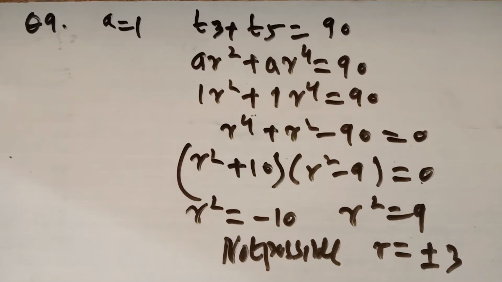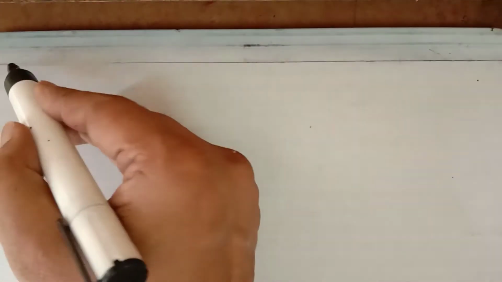Now in question number 10, the sum of three numbers in a GP is given. You read question number 10 till then. It is given that the sum of three numbers of a GP is 56, and if we subtract 1, 7 and 21 from these numbers in order,